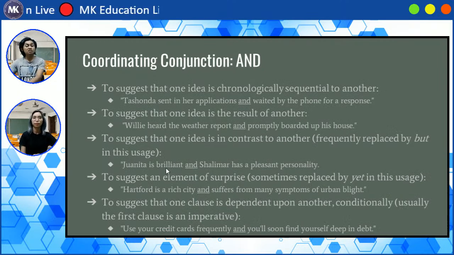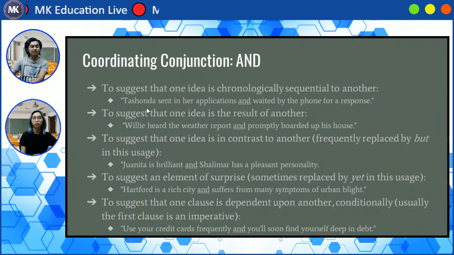The coordinating conjunction and. And has many functions as a conjunction. These are some of them. To suggest that one idea is chronologically sequential to another. So what do I mean by chronologically sequential? That means it goes step by step according to time. So as time moves, it goes one by one in that same order with the progression of